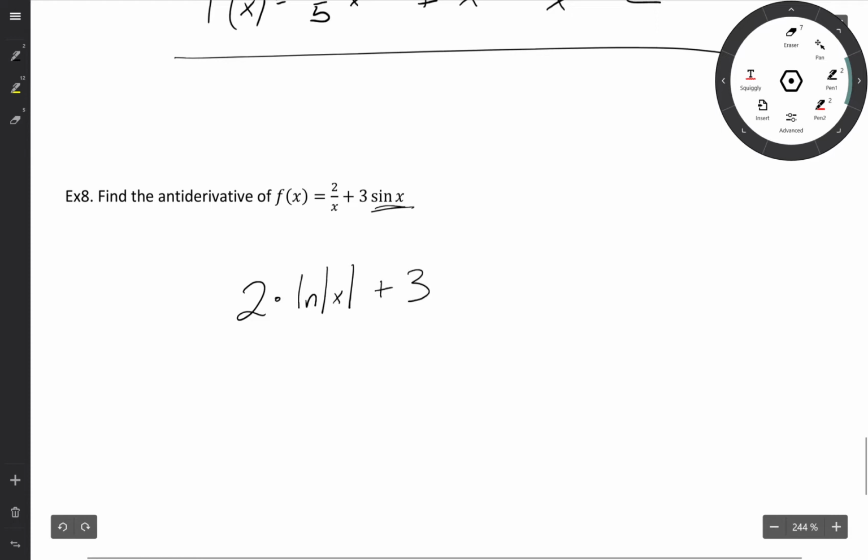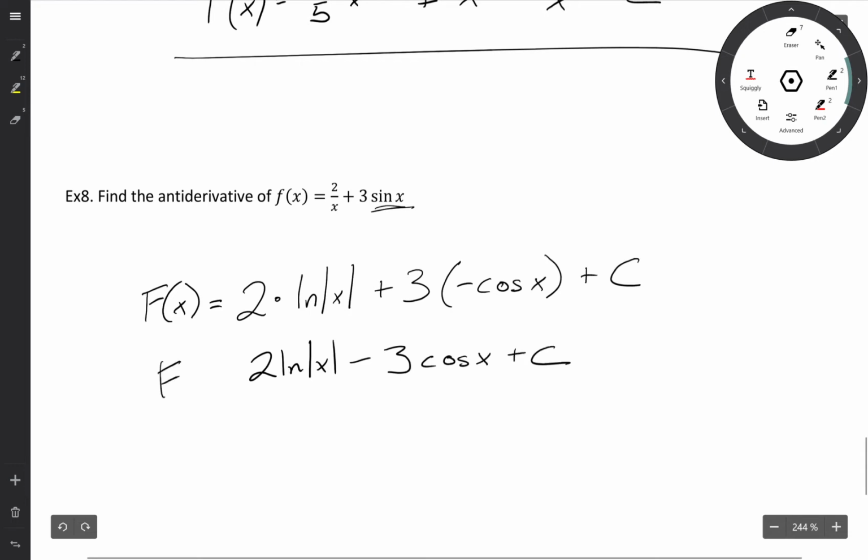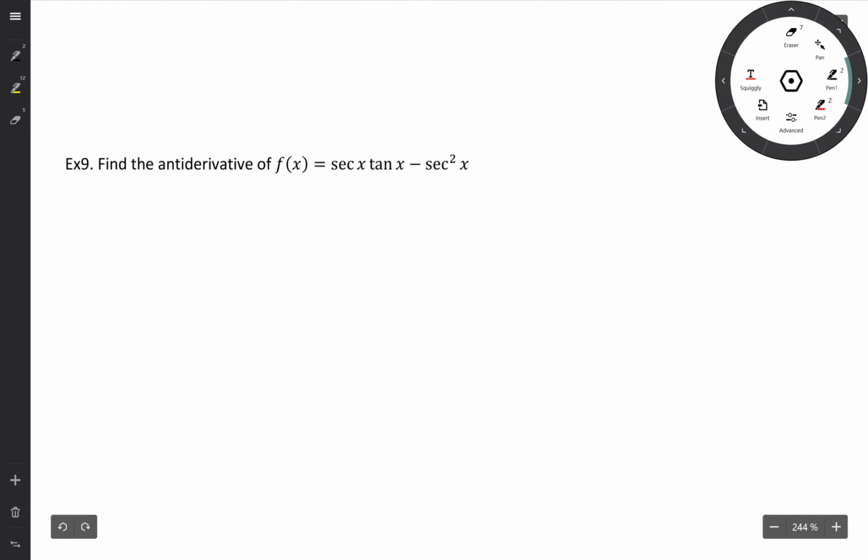Plus 3 times the antiderivative of sine of x, which we already learned was negative cosine of x, and throw that plus c on the end. So this is big F of x is equal to this nonsense. And then we can do some simplification and rewrite it as 2 natural log of the absolute value of x, minus 3 cosine of x plus c. And this is f of x, well, big F of x. All right, one last problem